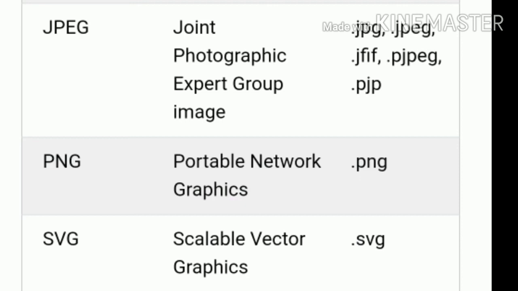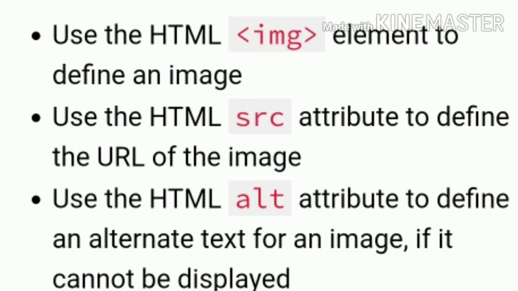Generally, images do not have any closing tag. The image tag is empty; it contains only some attributes and does not have any closing tag. Consider a paragraph tag: there is an opening p tag and a closing p tag. These two tags we have, but in images we don't have any closing tag.